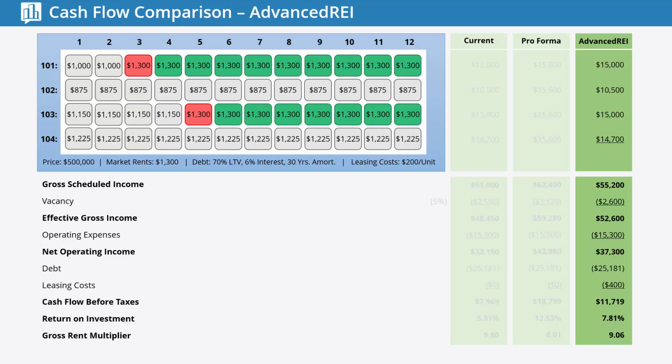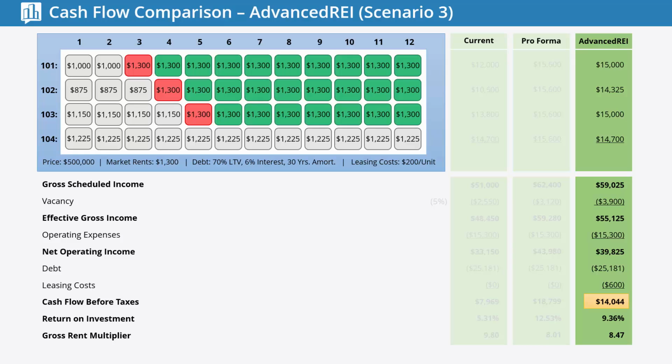So, for example, a buyer could look at this forecast and say, what if Unit 103 didn't vacate? What will the cash flow statement look like then? Well, the cash flow statement goes from $11,719 to $12,019. The buyer could also say, what if it took 3 months to release the unit and $10,000 in rehabilitation cost? Our cash flow goes from $11,719 to a negative $3,018. And lastly, what if Unit 102 vacated in the 4th month? Our cash flow goes from $11,719 to